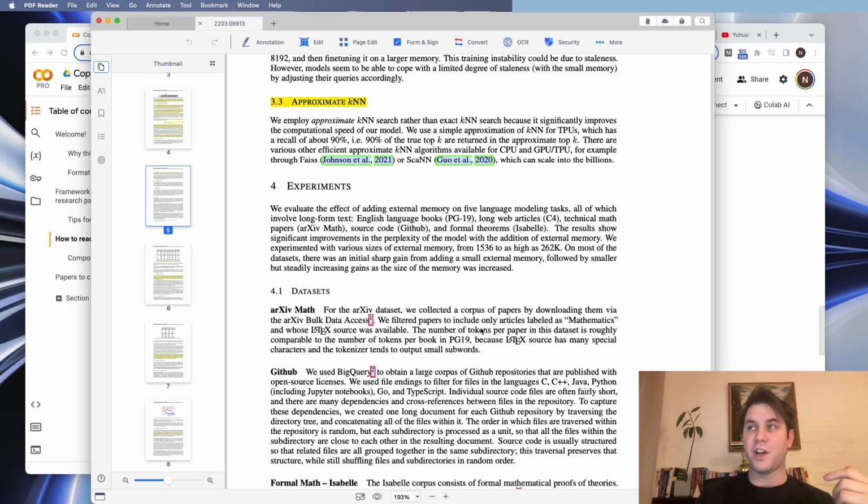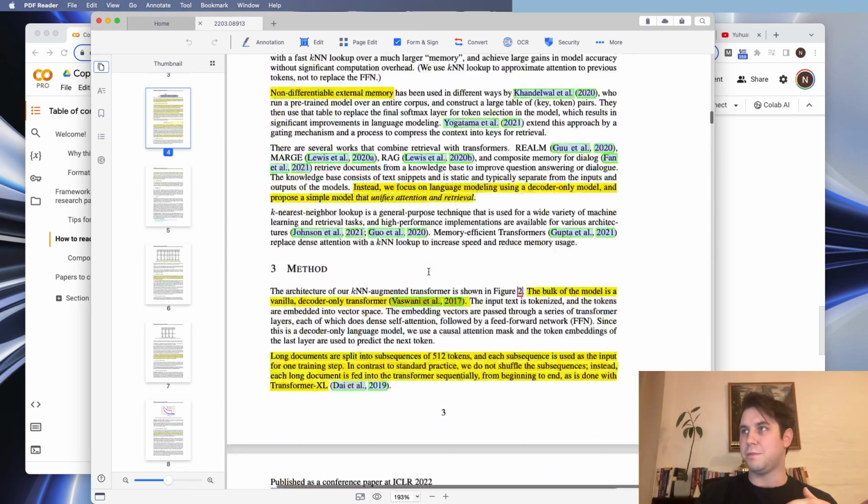So, we evaluate the effect of adding external memory on 5 language modeling tasks, all of which involve long-form text. So, they're taking a few different data sets that contain very long articles, or they're just taking large text data sets and filtering out anything that's too small. The results show significant improvements in the perplexity of the model with the addition of external memory. And so, as we've seen before,